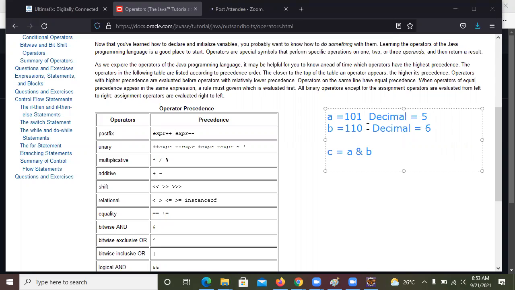between A and B, how are you going to do that? Always remember that you have to do the AND operation between A and B, bitwise. So what does the AND operation say? The AND operation says that wherever you find both bits are one,